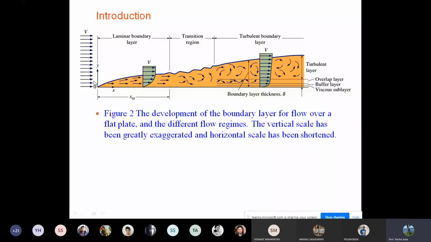Okay, but what happens when there is a resistance being offered by the wall? The moment that this fluid comes in contact with the solid surface, the velocity becomes zero. But again, as the fluid moves past the solid wall, the velocity is not zero, but gradually increases from zero to the maximum. So this region, this imaginary boundary from here to here, is known as the boundary layer. Okay, this imaginary line is known as the boundary layer.